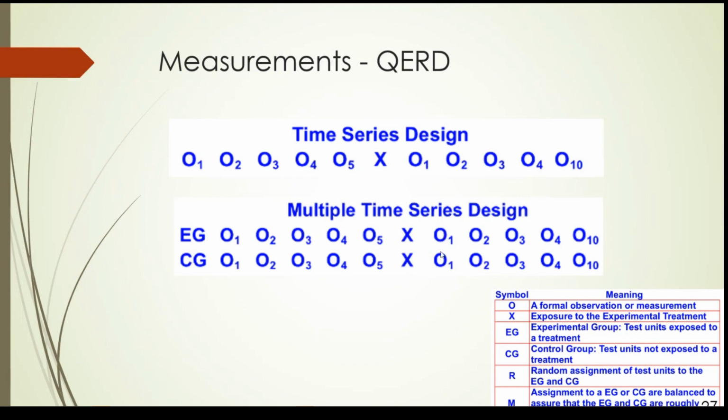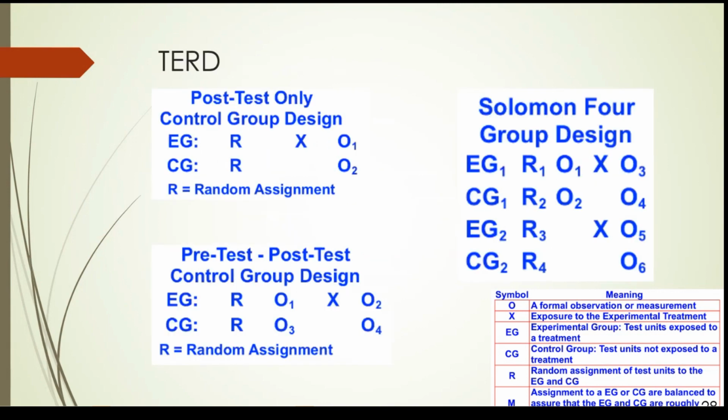And then after that, we observe again for a few weeks and see whether there's any difference between the experimental group and the control group. If no difference between the control group which takes Panadol and the experimental group which takes the new drug, that means the drug is not effective. But if there is a difference, that means the drug is somewhat effective. Then we have a true experimental research design.